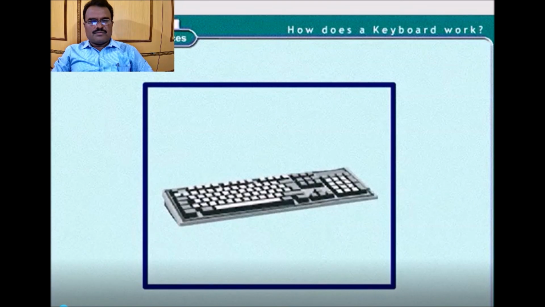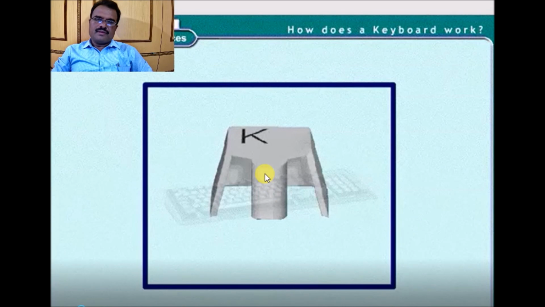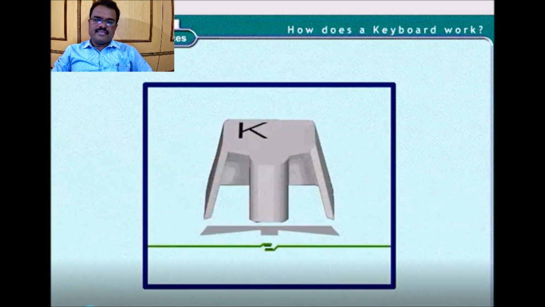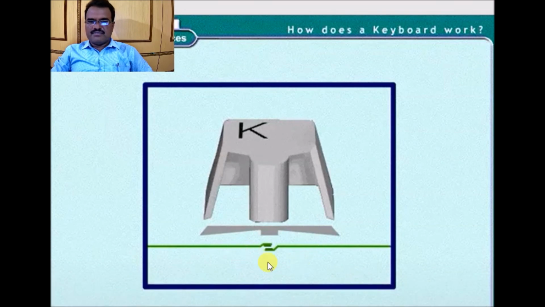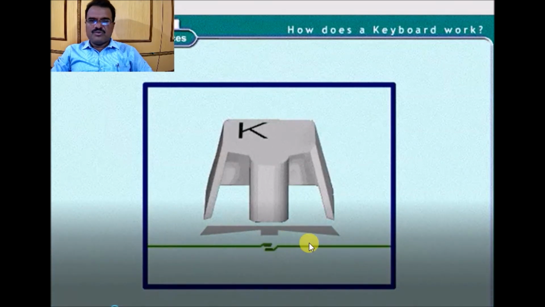When we press a key, say the key K, there is an electrical signal flowing beneath the key. There is a plunger beneath any key, and that plunger pushes these electrical contacts.